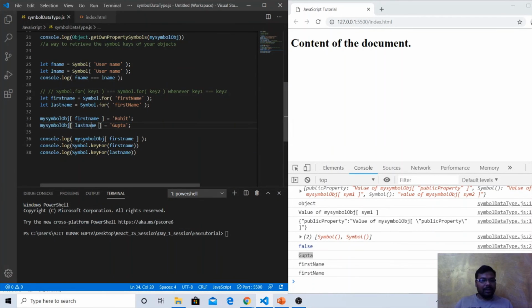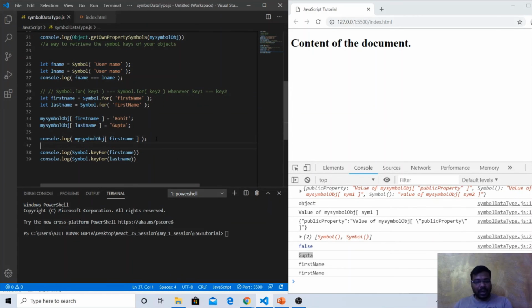Both variables use the key symbol for first name, so both keys are the same. When I assign values in my symbol object, the latest value, Gupta, is returned for my symbol object first name only.